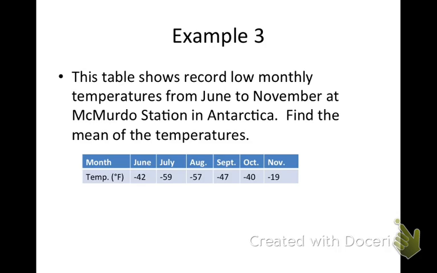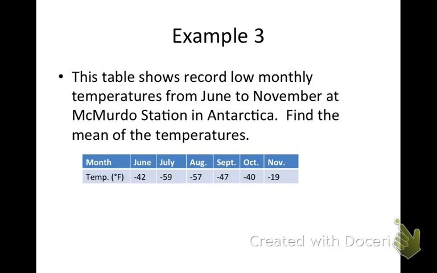Remember that when you have positive and negative numbers that you have to add together, you'll group the forces. So group all the positives together, group all the negatives together, and then find that sum, which actually is the difference between the two, and you keep the sign of the number with the highest absolute value. So in this case, we have 1, 2, 3, 4, 5, 6 numbers that we have